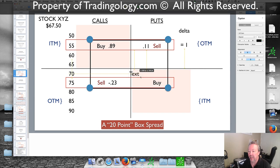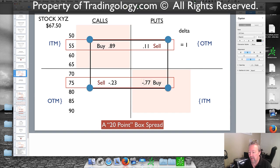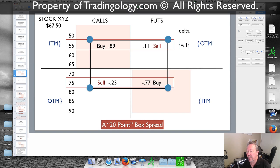And the put, because it's in the money and we're buying it, has a negative delta. I'm just estimating here because it's about 7.5 points in the money. It has probably something like a 0.77 delta, minus 0.77 delta. Oops, put the minus sign in front. And so the delta here is also going to be 1 if you add these two together,